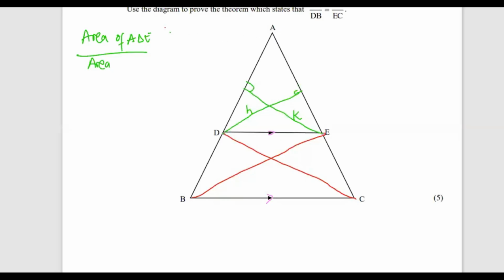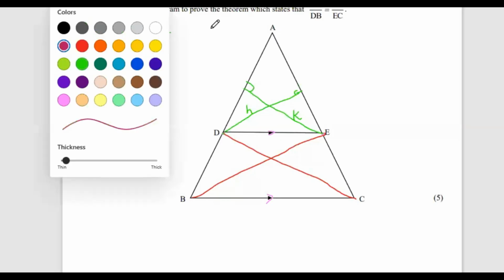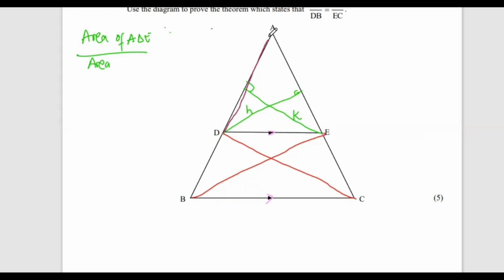Let me just highlight it. This triangle together with this triangle, over the area of DBE. So that's a half times the base. So with my top triangle,